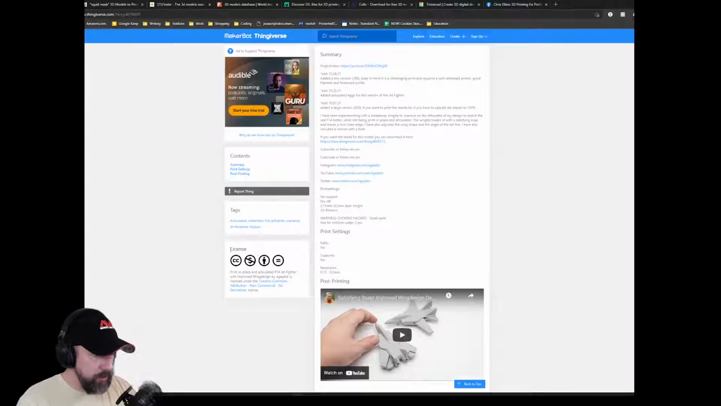So here are the license details. It's got a Creative Commons license, as you see by the CC. Here's the main part. This model right here, they selected no commercial. So basically they are saying you cannot print and sell this model. You can't make any monetary gain with this model. Okay, so we're trying to find models that